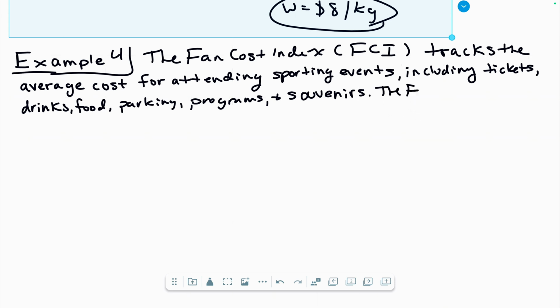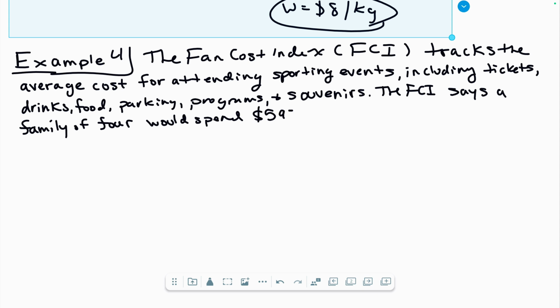The FCI says a family of 4 would spend $592.30